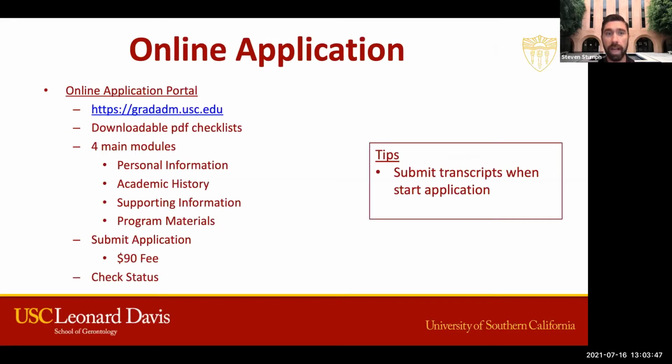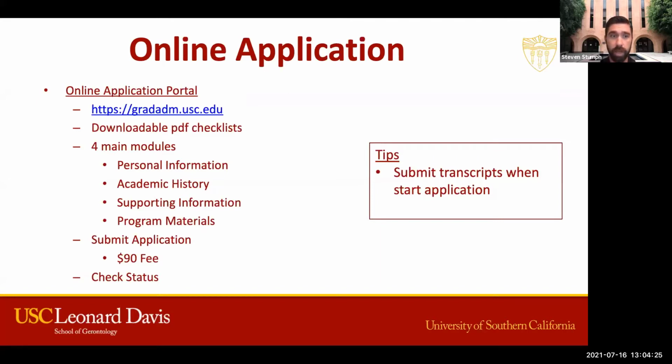For our online application, this is the direct link here to the application. It allows you to choose which semester you would like to apply to. Currently, our applications are typically released in early fall for the year. So around September time is when the applications will be released for the PhD programs, our spring start dates for select master's programs and graduate certificate, as well as the following fall for master's and graduate certificate programs. I recommend downloading our PDF checklist, which you can find directly on our website,